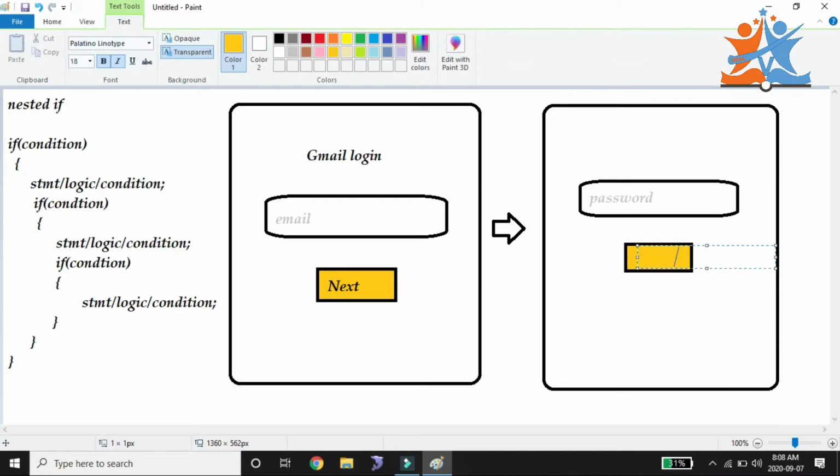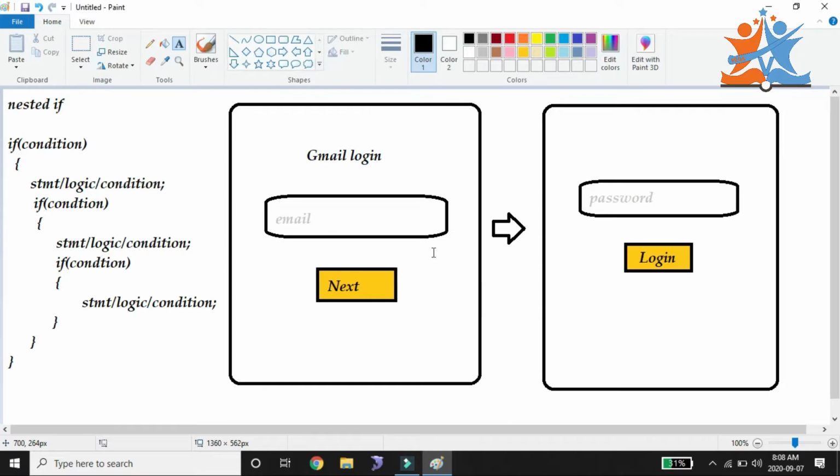So here we have a login, and that login we used. Here we are applying nested if condition. How is it applied?